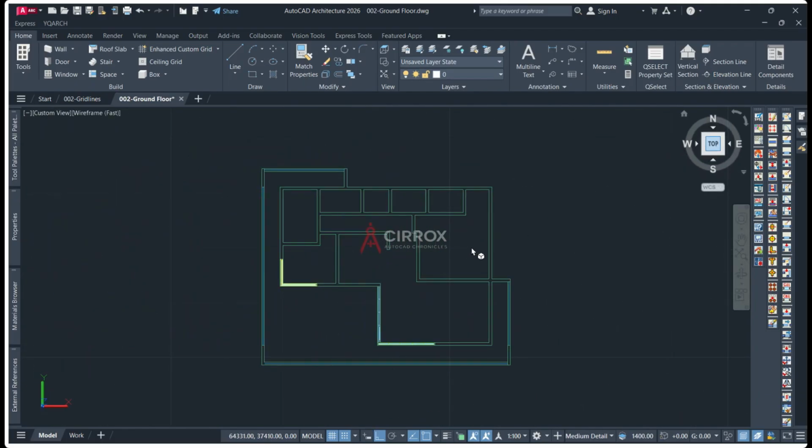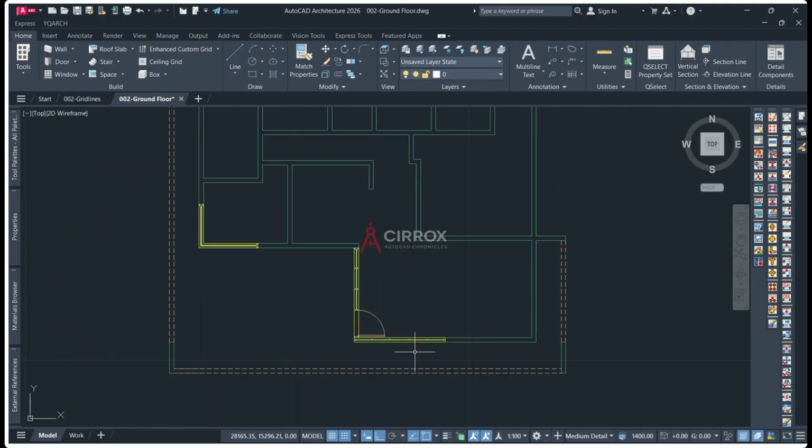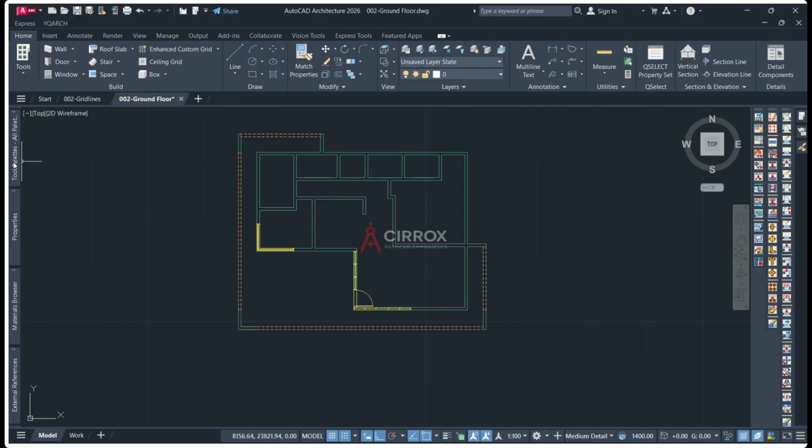So click on top. Now I'm done with this, so we can add in the rest of the doors. So select doors. So doors, this time I'm going to use this single hinge light. The width is going to be 600, so going to be 900, and the height is going to be 2200,